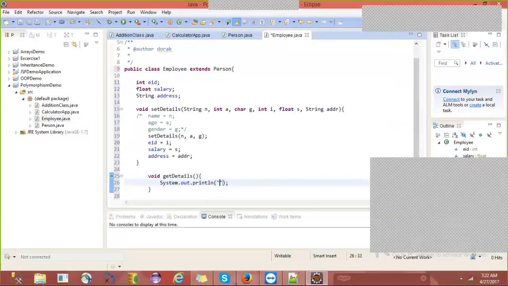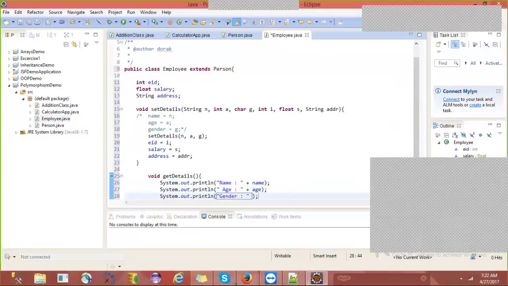We need to write the name. Next, sysout age. Yes. Sysout gender.